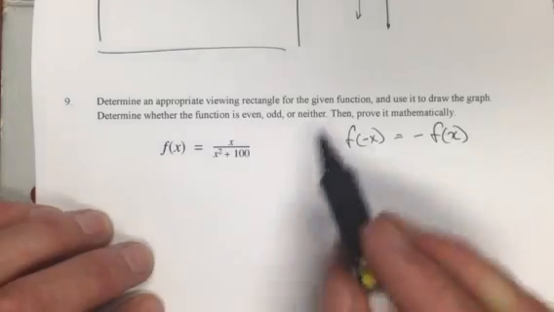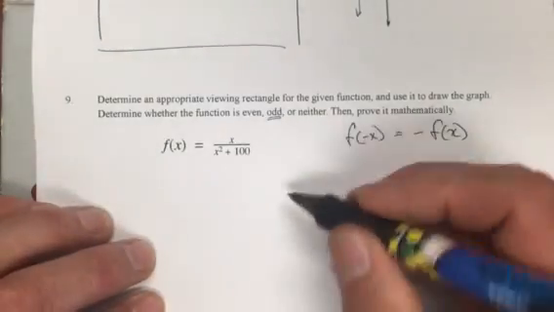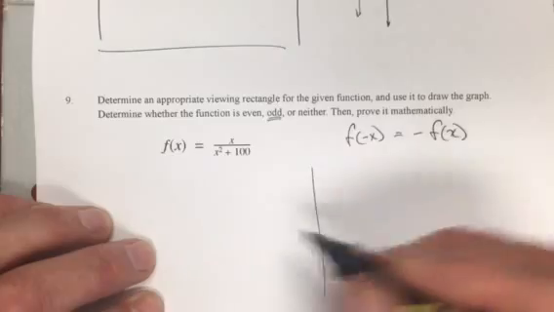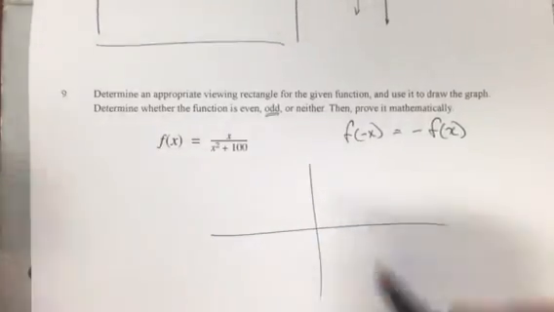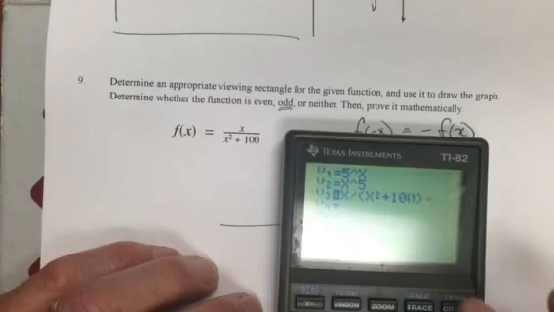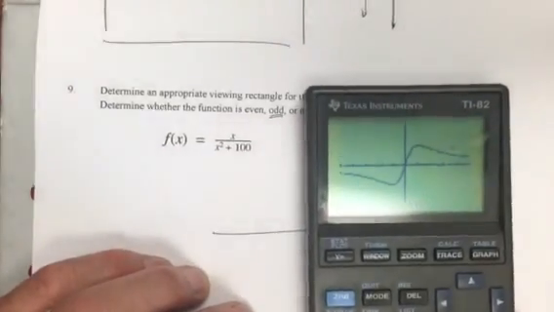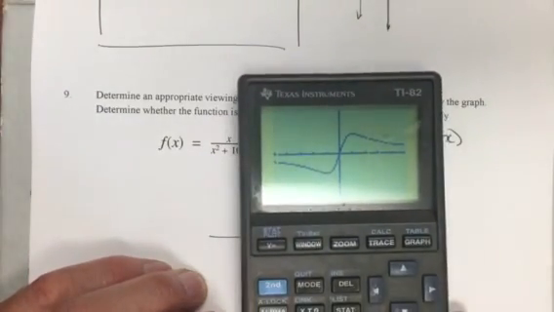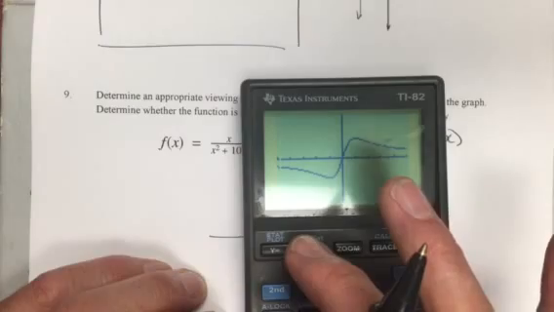So that's the definition of an odd function. If I graph this carefully, I think having put this in a prior lifetime on this calculator here, this is a graph after playing around with the window a little bit. You can see that